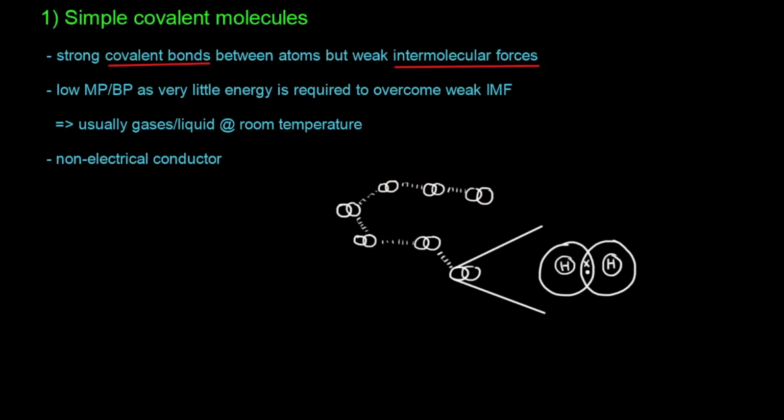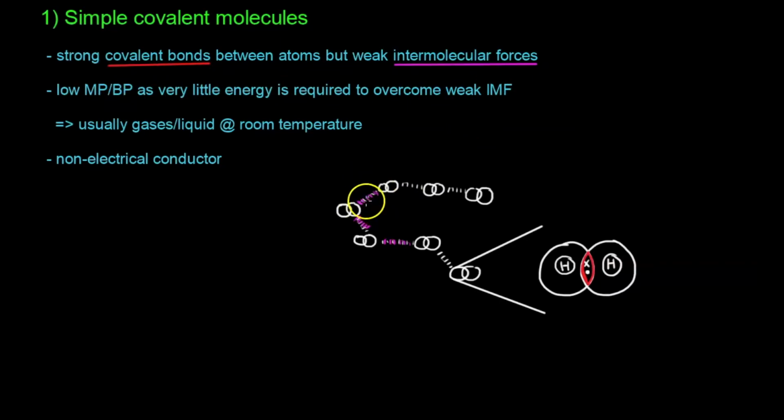Maybe I should change color. This one, let's put it in purple. So this purple one, intermolecular forces, are all these dotted lines that you see. Whereas covalent bonds, as we learned, is really just the sharing of electrons. When they share electrons, they form a covalent bond. What I'm trying to say here is that there's very little energy required to overcome these pink bonds